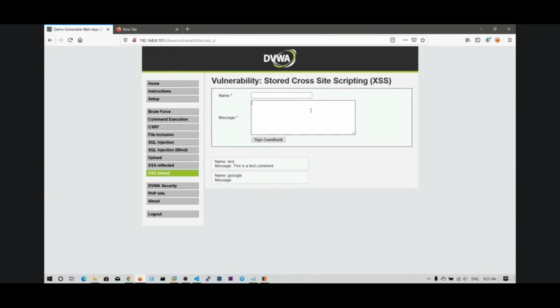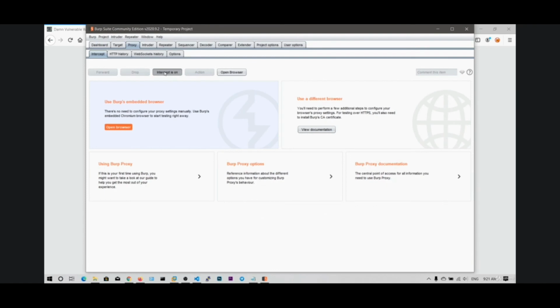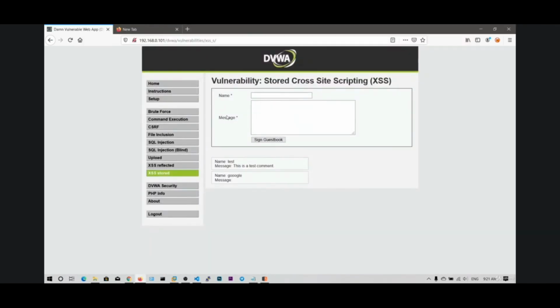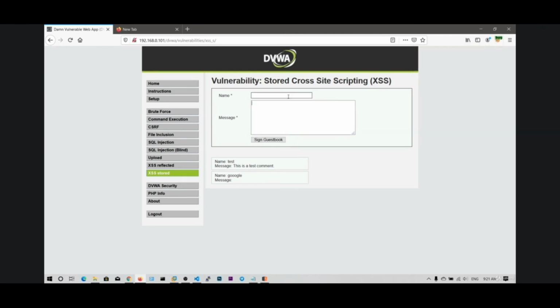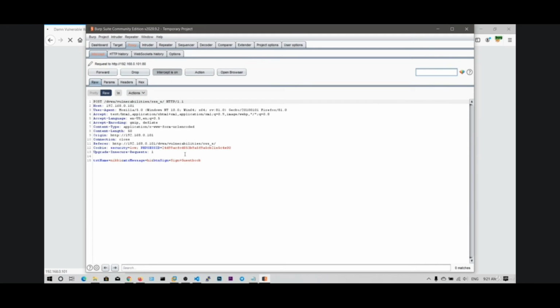So this is the best time to show you the Burp Suite, how to intercept. I have already shown you, but just in a practical way. Now my intercept is on. Whenever there is JavaScript on the client side which is not allowing you to type some characters, you can just intercept it via Burp Suite. So let me say Nikhil. Let me say hi. Signing this, and you can see the request here.